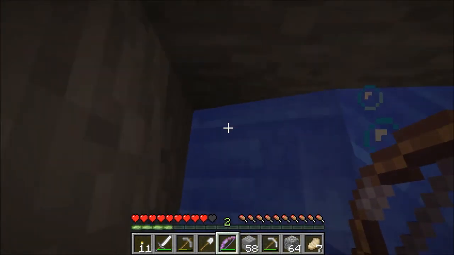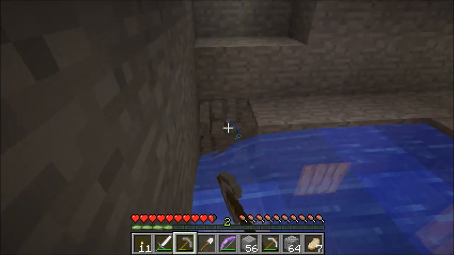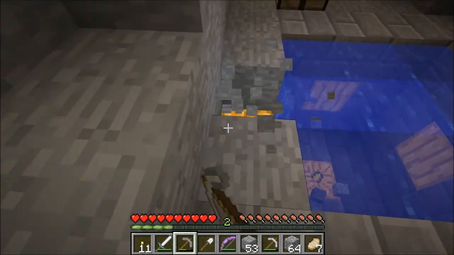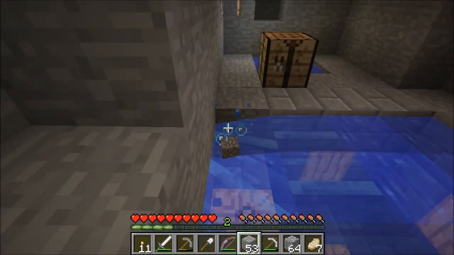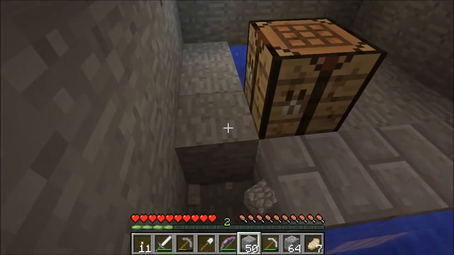What the hell did I just do? Okay, yeah, I'm on it. Wow, that was a skill move, shooting myself with an arrow. Not many people can say they can do that. Oh, jeez. Alrighty, so